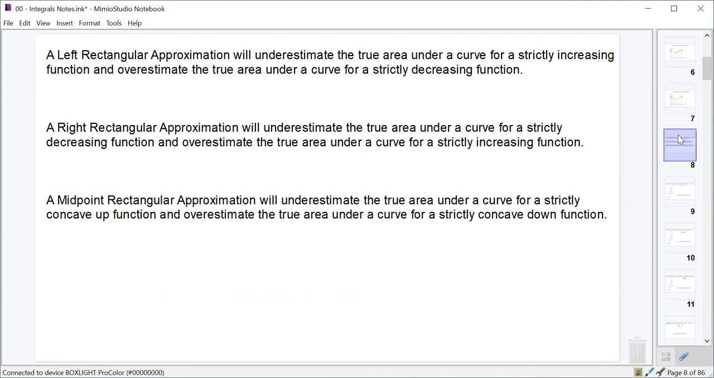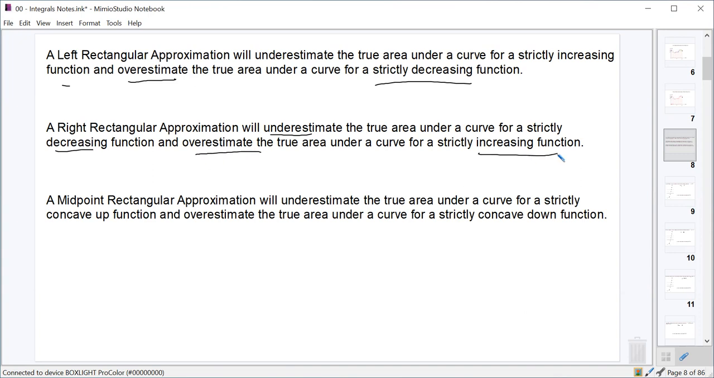So here are those rules on when it's an under and overestimate. Our left rectangular approximation is an underestimate when your function is strictly increasing on the interval, and it's an overestimate when it's strictly decreasing. And the opposite is true for the right. The right rectangular approximation is an underestimate when your function is decreasing, and it's an overestimate when your function is